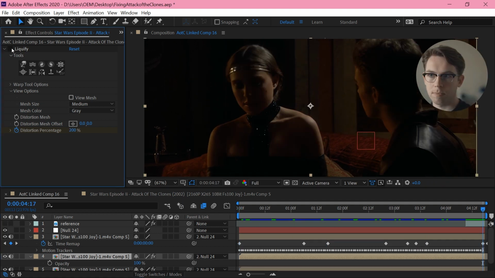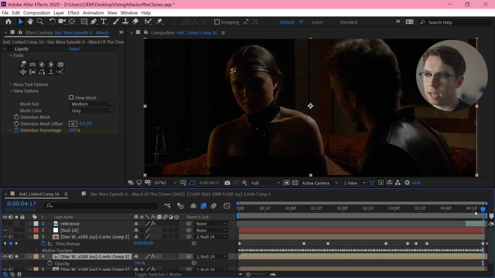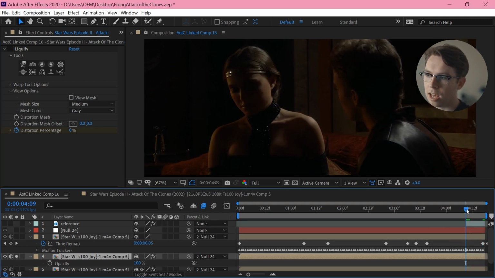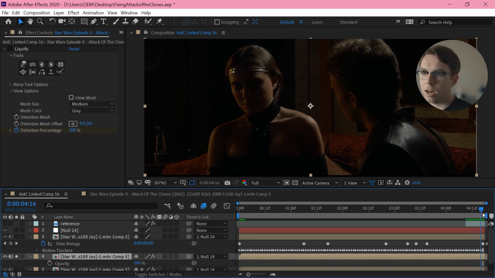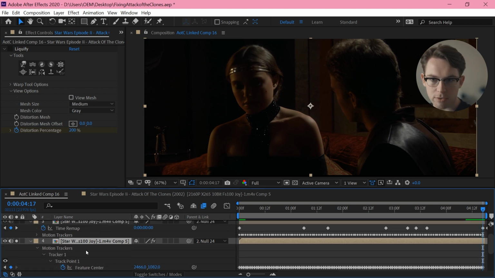So then for Padme, the shot that already exists is basically exactly what I want, just without Anakin's performance. But basically, I want Padme to start speaking at the end of this shot. I want to cut from here immediately into her starting her next line. Like a bit of a J cut, so the dialogue actually starts right here. So obviously her mouth isn't moving, her face isn't moving like she's going to speak, she's just continuing to shift. So the way that I achieve that is with a liquefy effect.